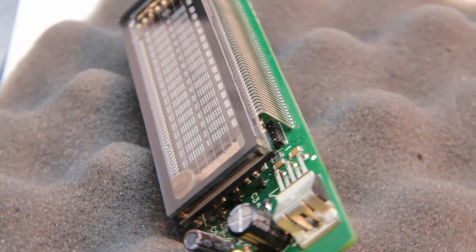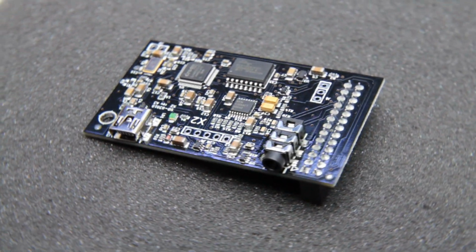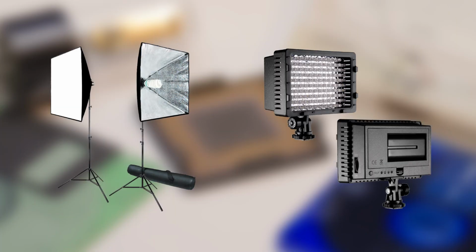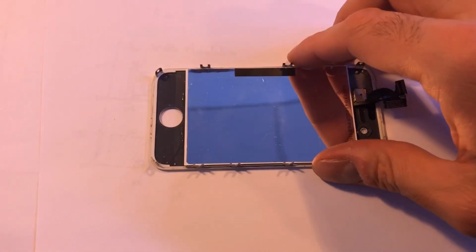As I'm planning and documenting the various projects I'm working on, I will need to take close-up pictures of electronic parts or components, and a good light source is key. You can buy some soft boxes or LED light panels that are providing a uniform light source while preventing from having hard shadows. However, I'm a DIY person and I thought I could build one using the backlight from a